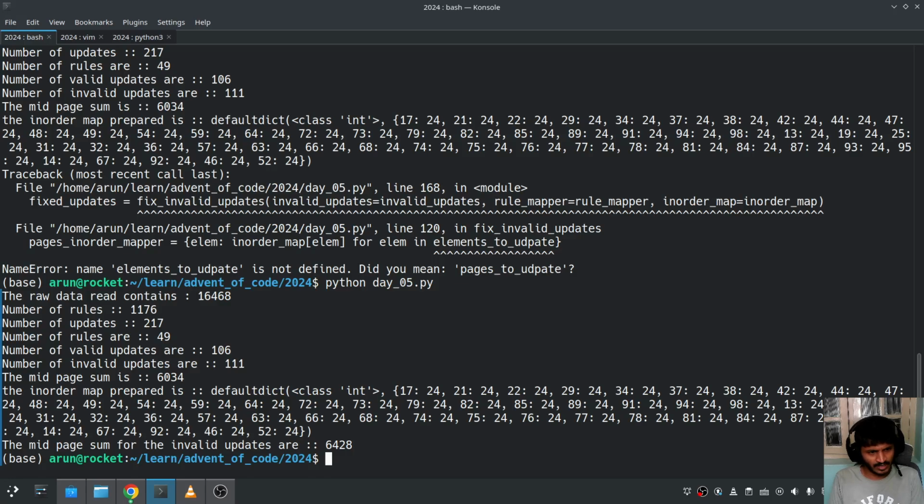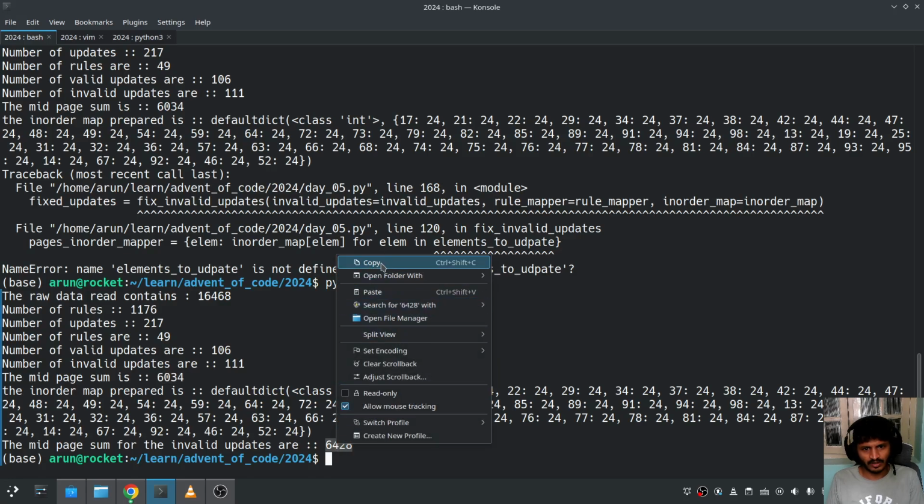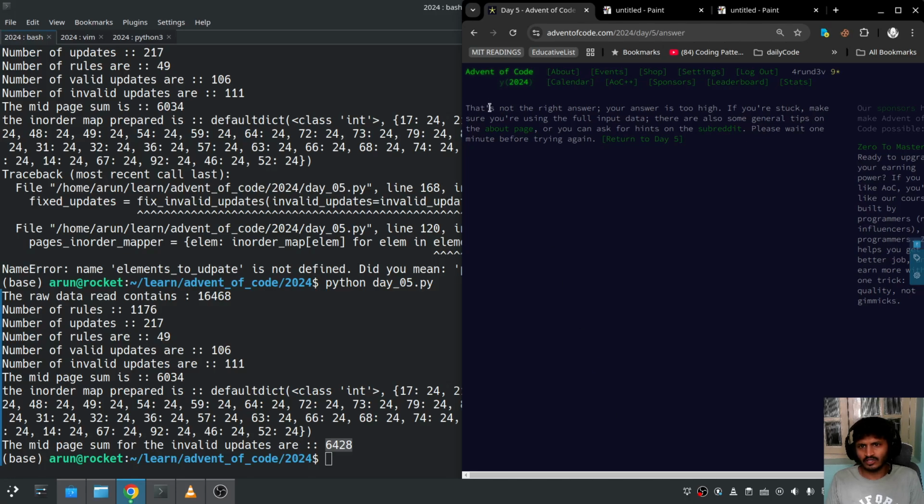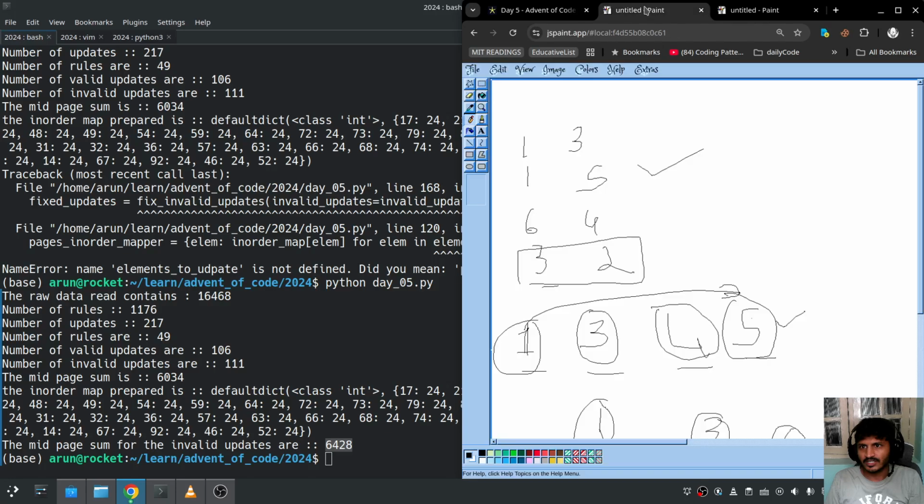What does this say? The mid page sum is 6428. Earlier we had 6034, now we have 6428. Not sure if that makes sense, but wouldn't hurt to try. We'll see. 6428, that's not the right answer. Your answer is too high. If you're stuck, make sure you're using the full data input. Okay, we know that we are too high. At least we are certain that